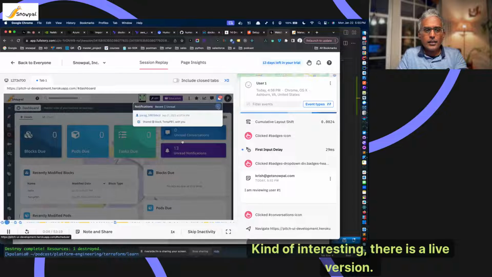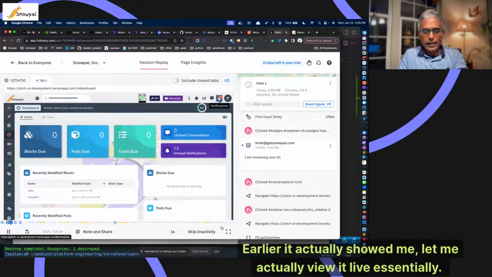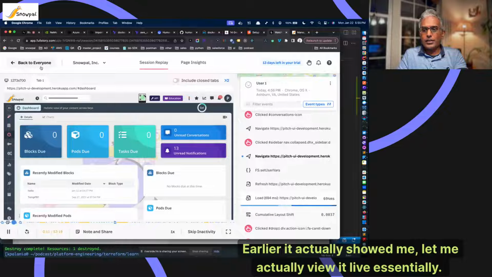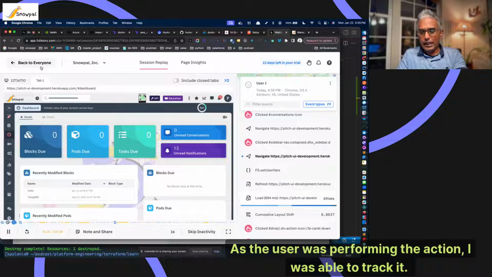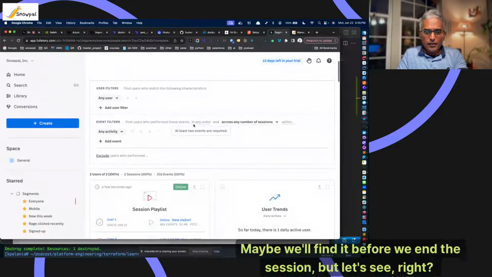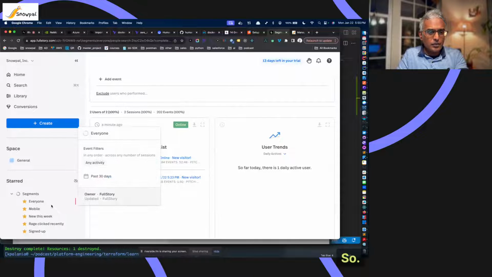Kind of interested. There is a live version. Anyways, I can't seem to find the button here. Earlier it actually let me view it live, essentially. As the user was performing the action, I was able to track it. Maybe we'll find it before we end the session, but let's see, right? So